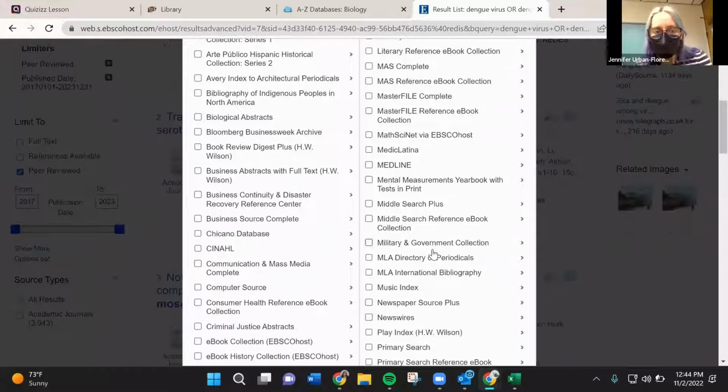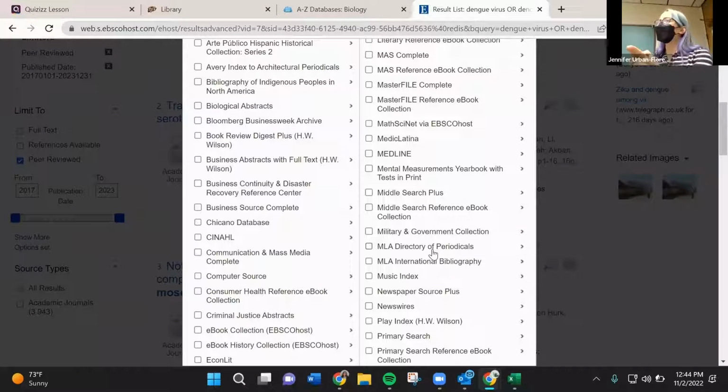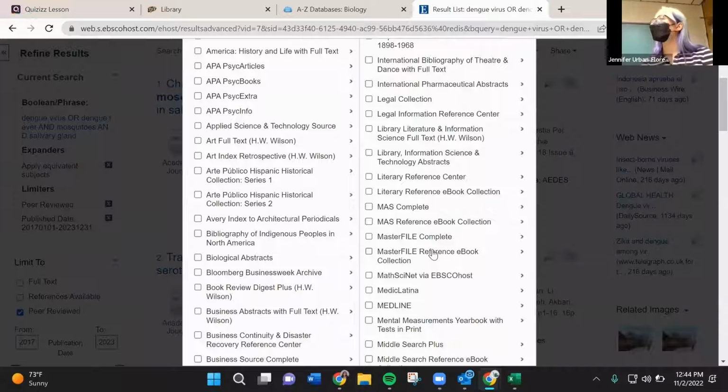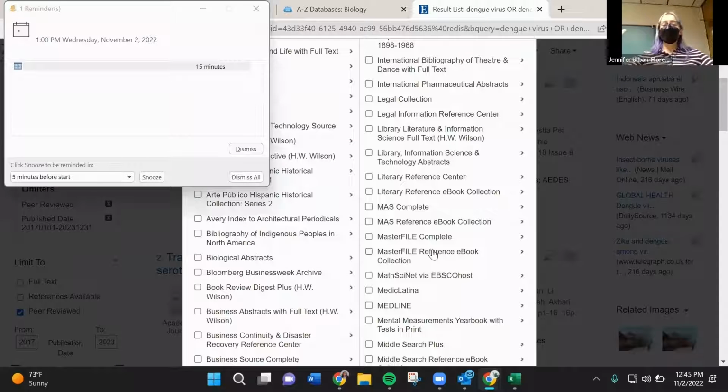So like, for example, are you looking more at the patients of dengue virus or at the mosquitoes themselves? Mosquito themselves. Okay. So that kind of narrows it. We don't want to be using Medline or something like that, because that's more medical and health sciences. But let me see. Journals or they are just something like narrowing down points, like the boxes that you have to check. So these are not journals themselves. These are databases. Yes. And so academic search complete is a big umbrella of a ton of databases, and then you can reduce from there. Does that kind of make sense?